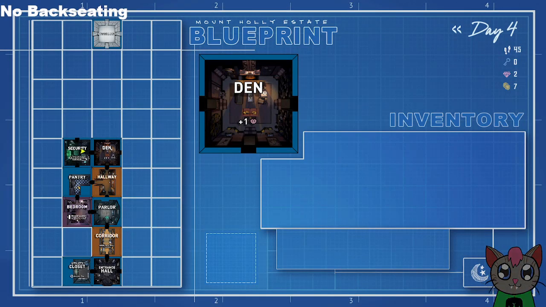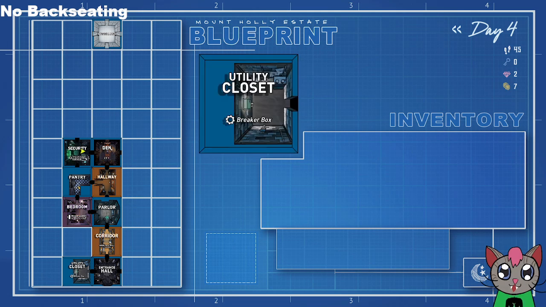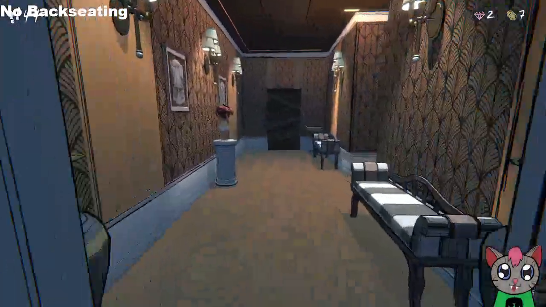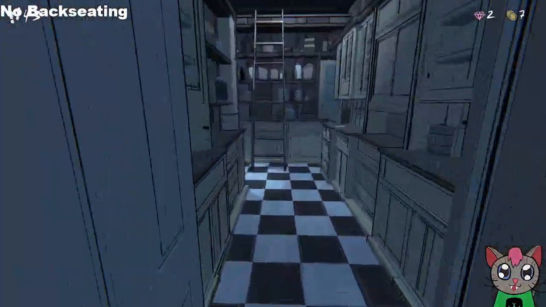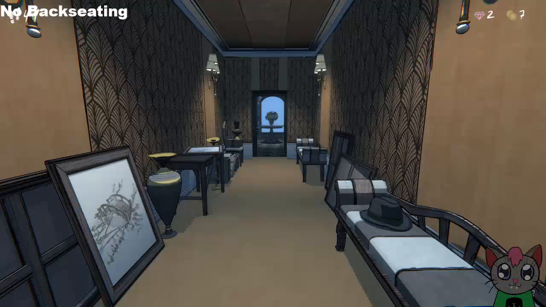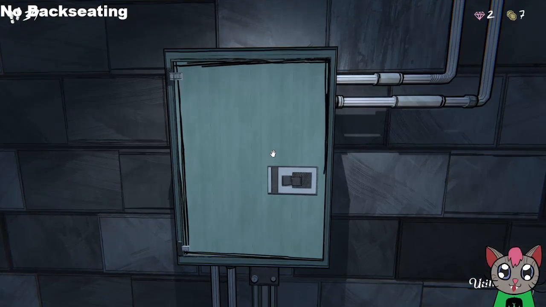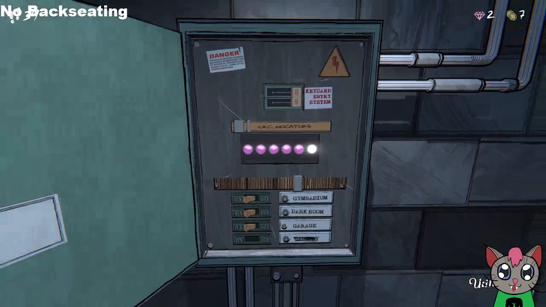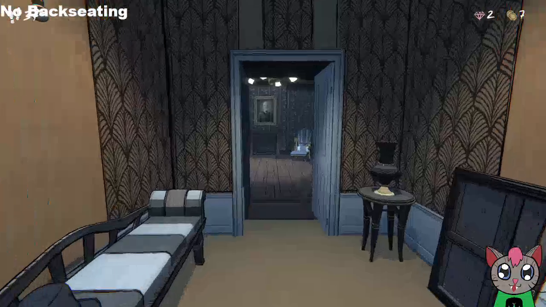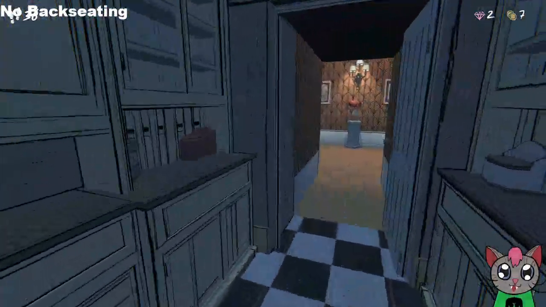Okay. So I do want to get back to the utility closet. I think I'm just going to do that. It's going to use up a lot of movement, but I'm okay with that. Because now, come across any keycard stuff, I will just be able to go through with them without a key card. But I really need, like,